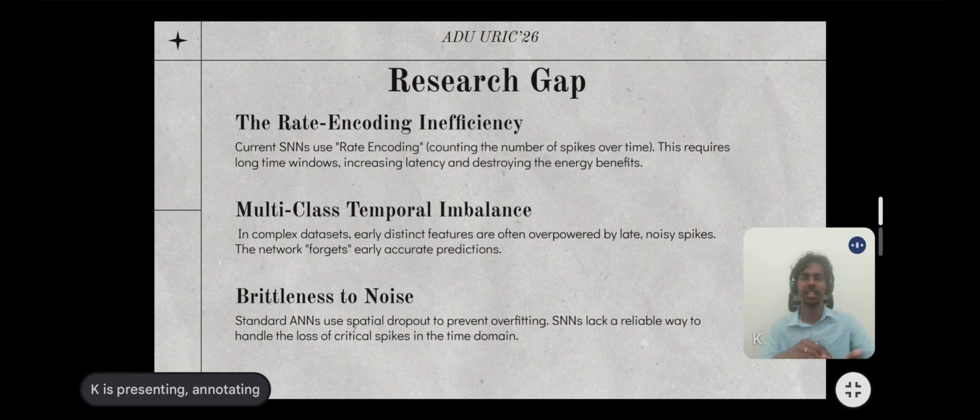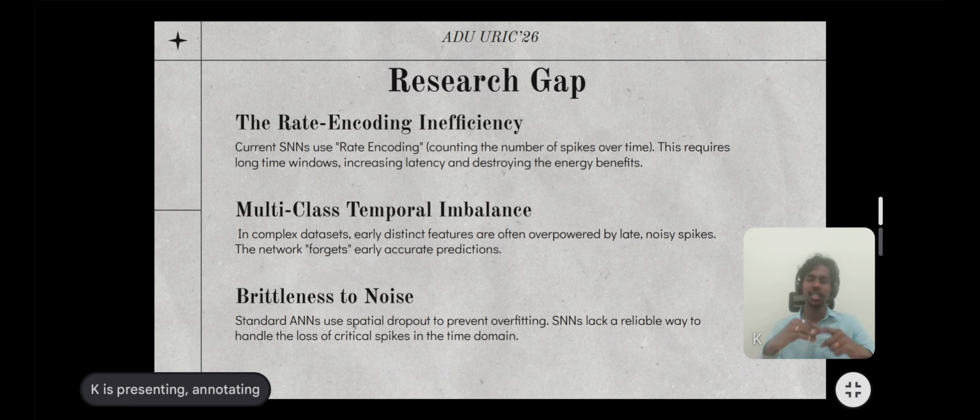and it also puts a lot of demand on the data being provided, because the data can only be clean. If the data is a bit different, it automatically doesn't fare well. Next is the dataset imbalance, the multi-class data imbalance I mentioned previously. In this case, it cannot handle multiple classes and gets overpowered by the late spikes. To solve this, we need a solution where the first spike, or the first accurate prediction, is given more preference than the noises that dominate.